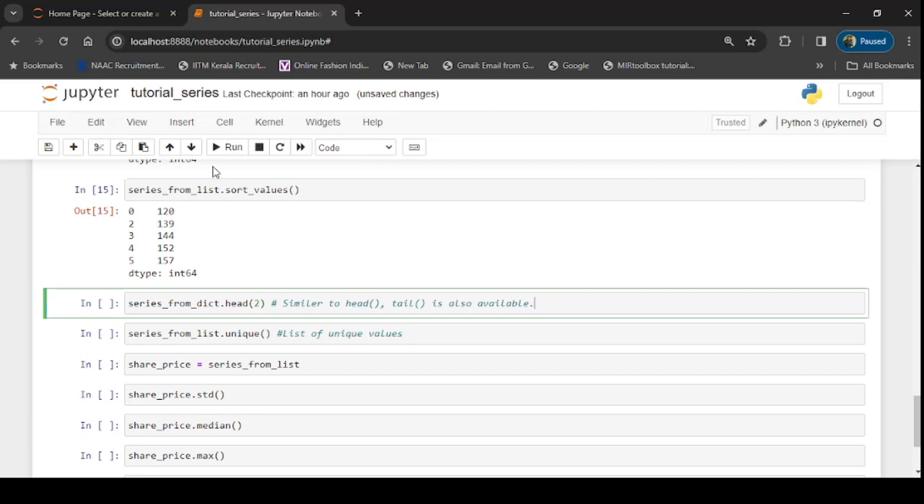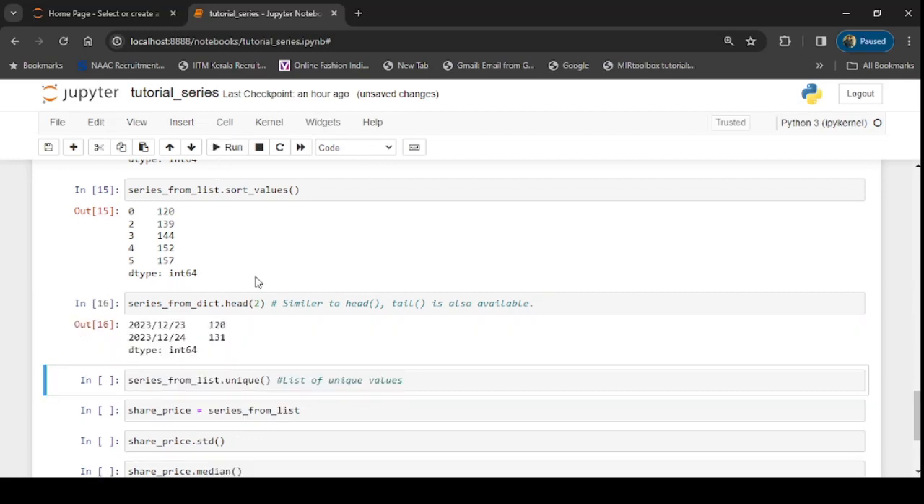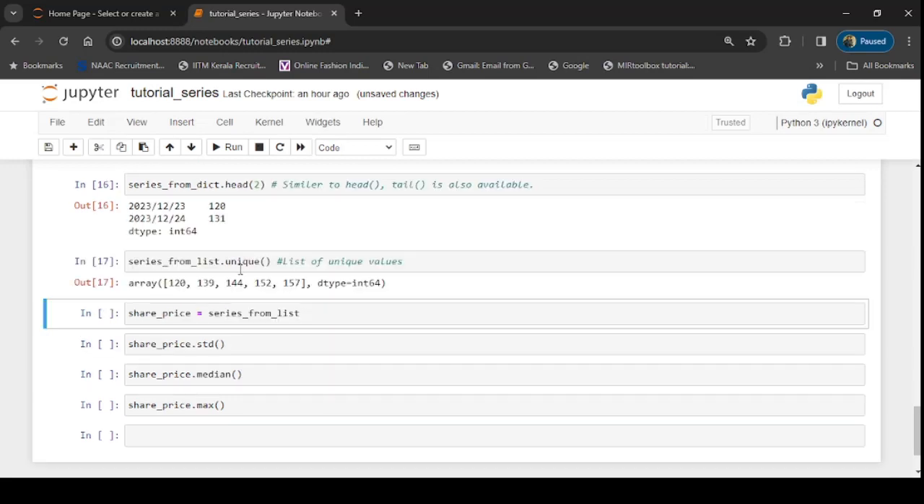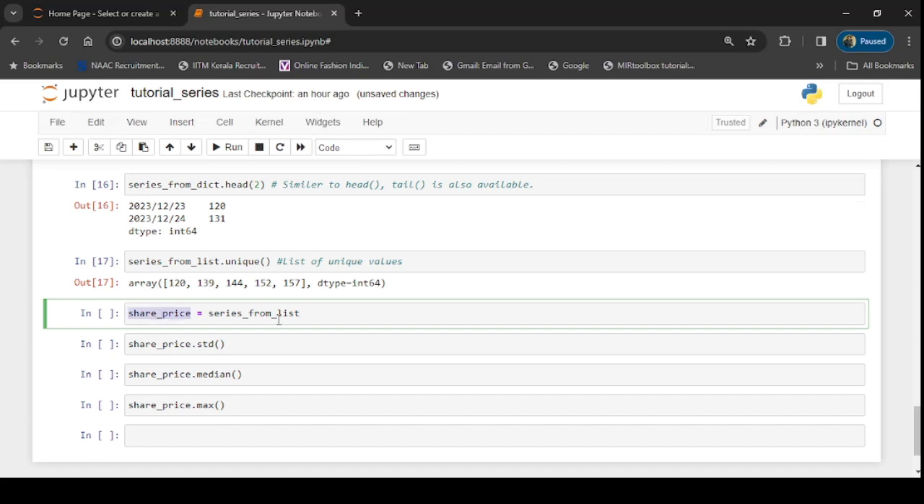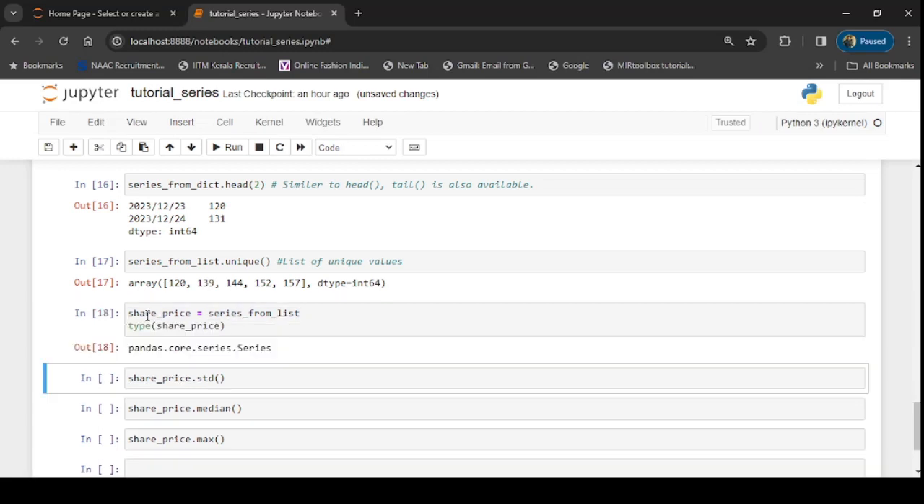Using head, we can check a few elements of a series starting from the initial index. If you see here, head of 2 means the first 2 elements will be printed here. Unique is a method by which we can create an array from a series which will store the unique elements present in the series. We can create a new series from an existing series. If I run this cell, you can see share_price is nothing but another series we have created